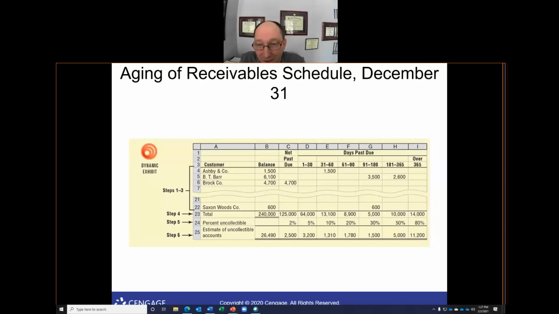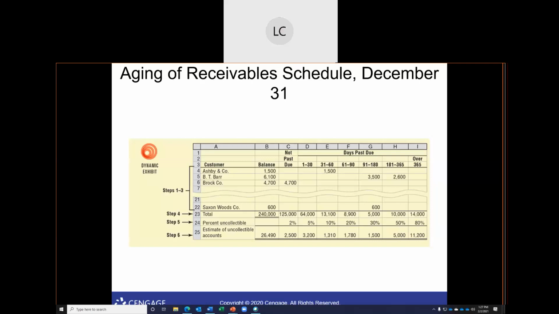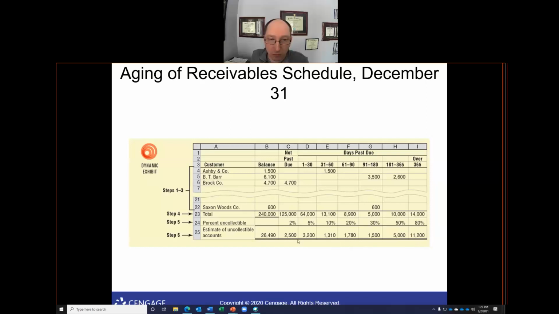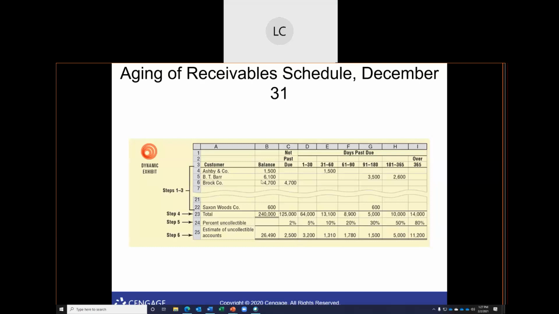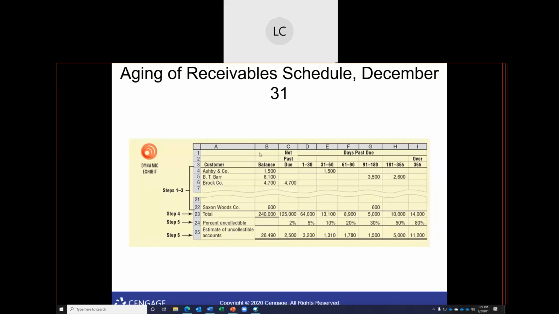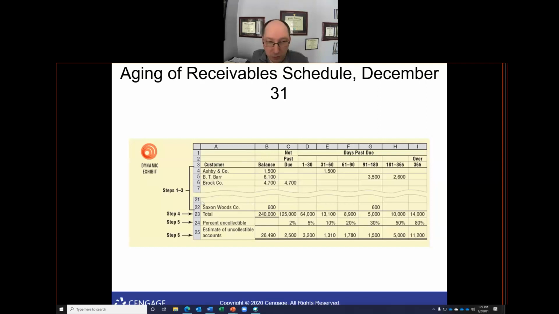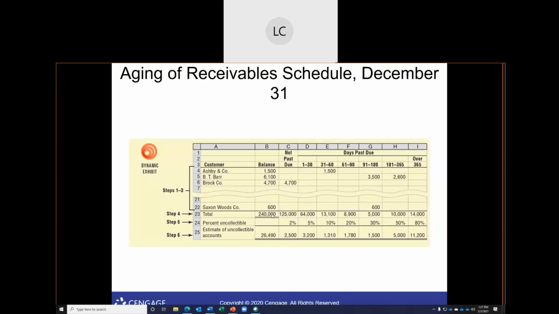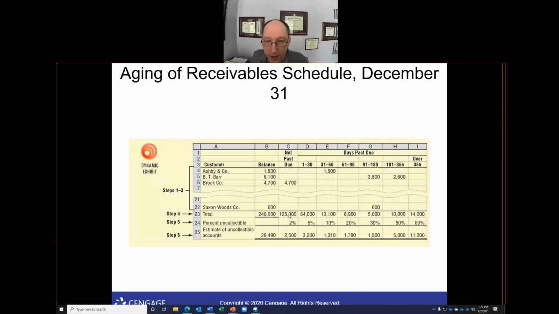The 64,000, how do we get that? I'm just curious. On the total, on the days 1 through 30, 64,000. Where does that number come from? Because I see the balance, you add all of them up for a total, which gives me a total of 240,000, right? Yep. You add up all of your customers, lines 4 through 22. As the days go by, where's the total coming from? Yep. So it's coming from each column as the days go by.